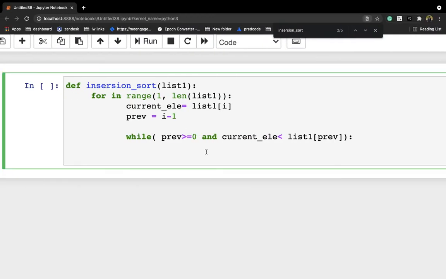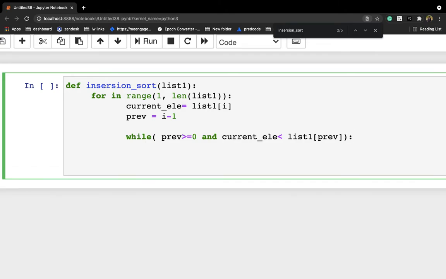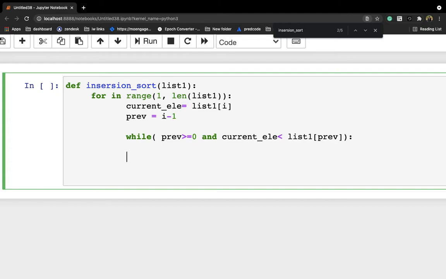So once I come out of the loop, I will write the logic. If the current element is greater than list1 of prev, and prev will for sure be greater than or equal to 0.